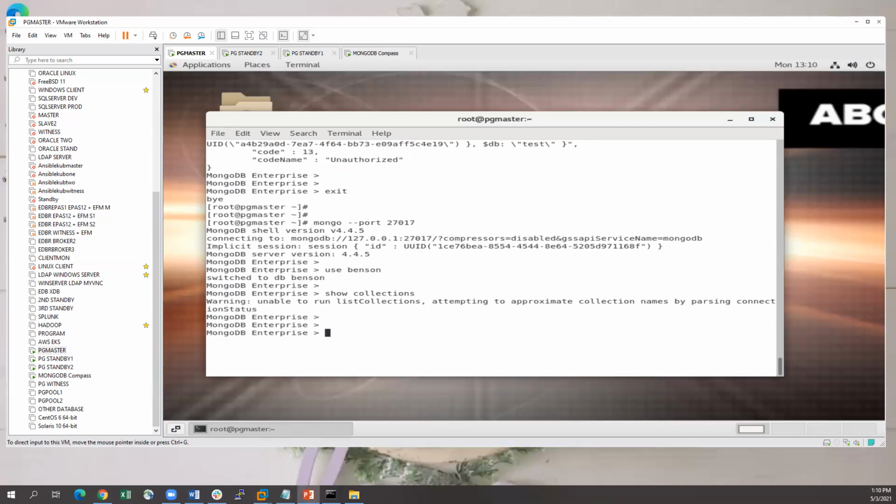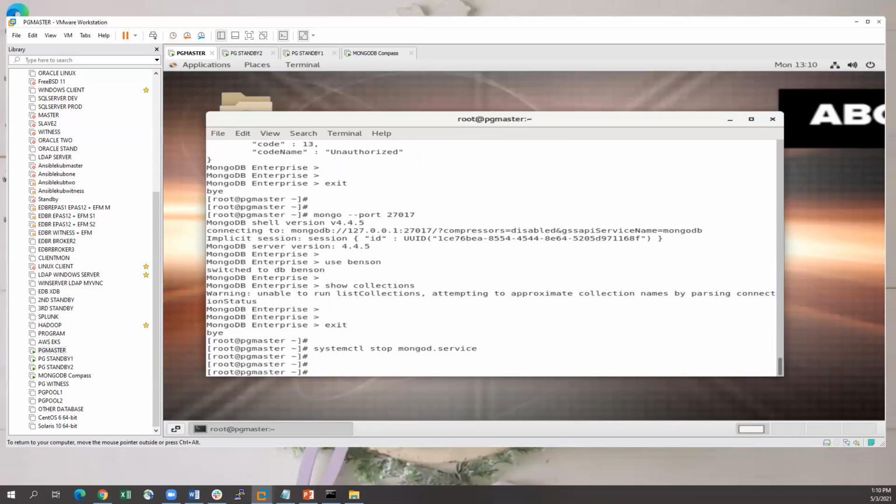Okay. So what I'm going to do here is create a replica set. We have a master and two replicas at the same time. To do that, I'm not going to use this instance, so I'm going to stop it. I'm just going to show you how you could do that if you don't want to use the default location of MongoDB, because basically